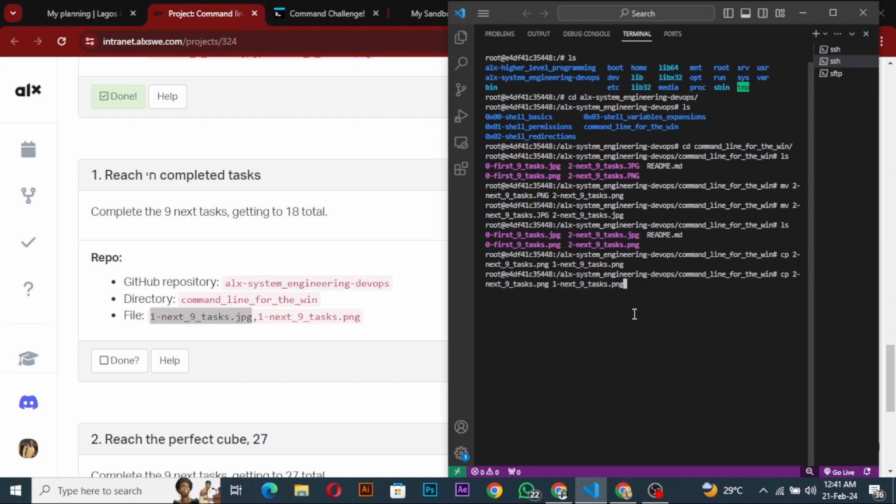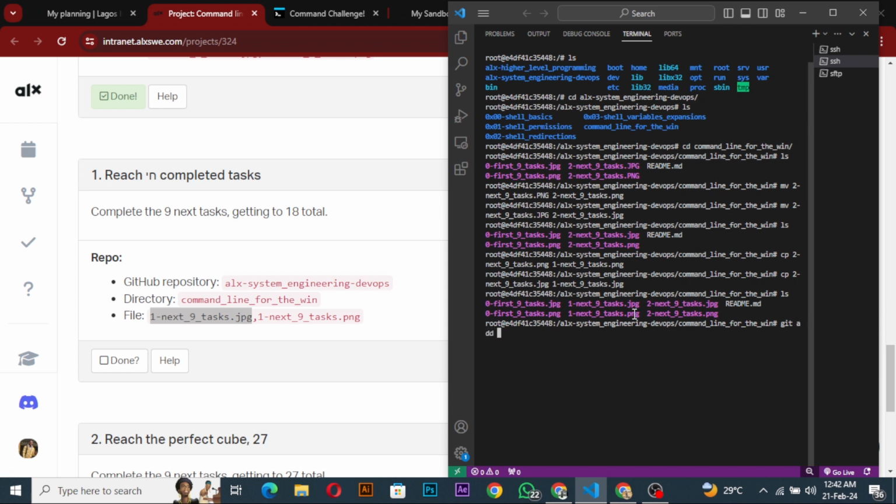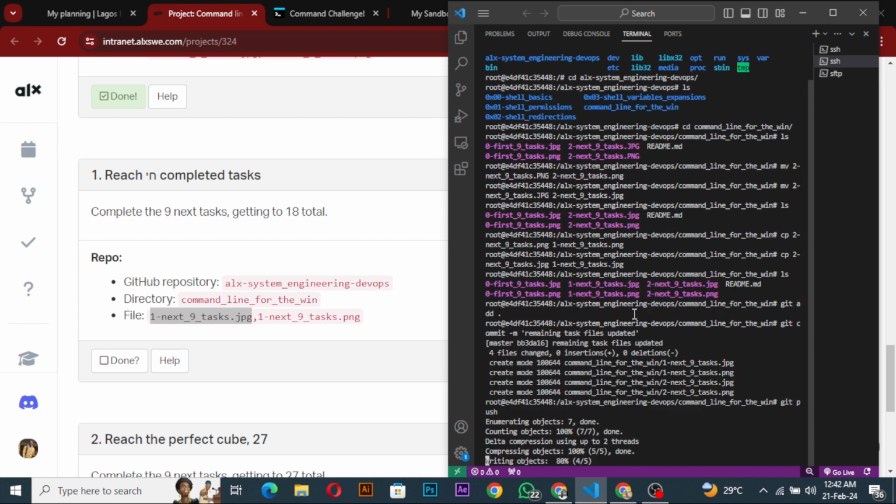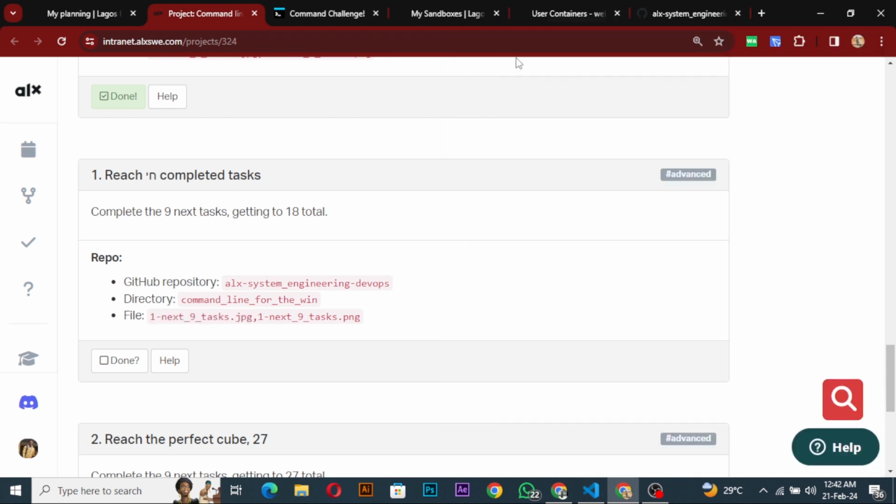I'll do the same thing for jpg. ls. So I have all my 6 files. Then I'll git add everything, git commit, I'll say remaining task files updated, and then I'll git push it. So now we have all our files,